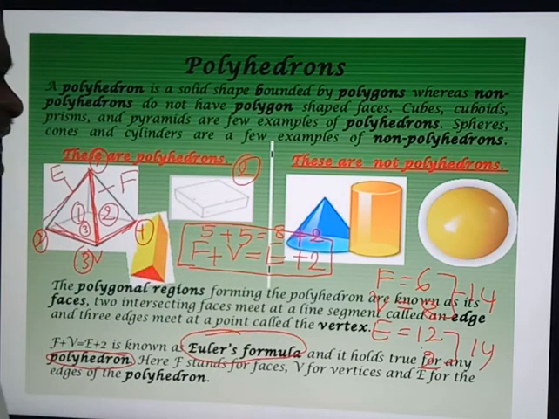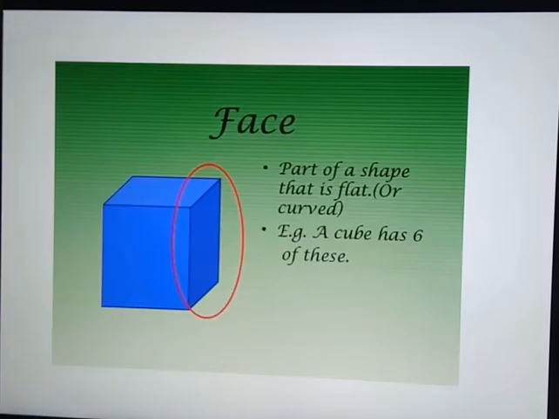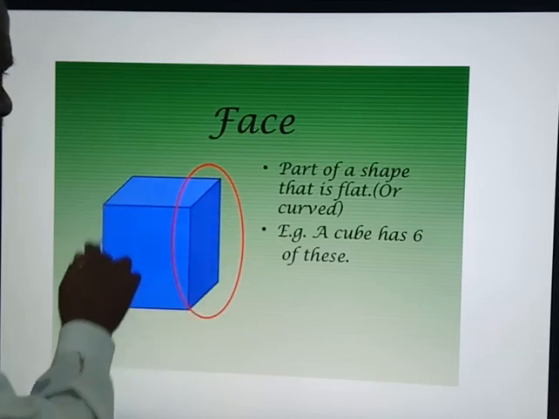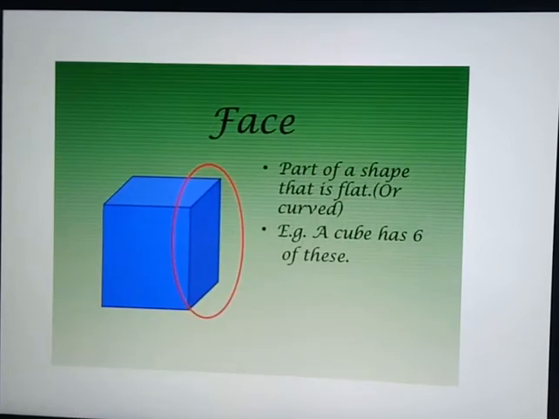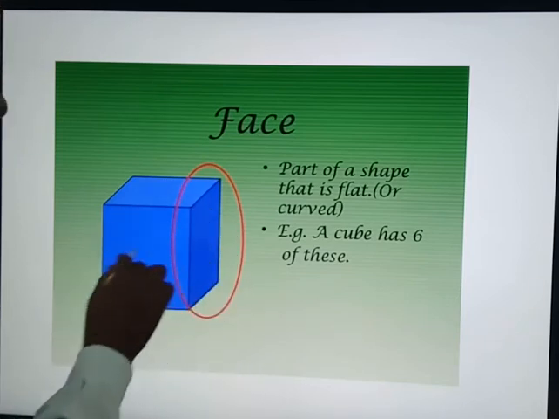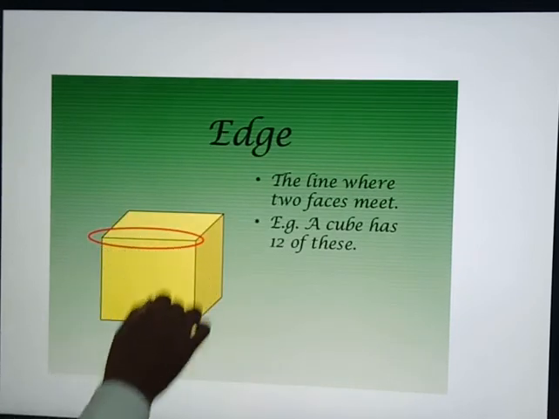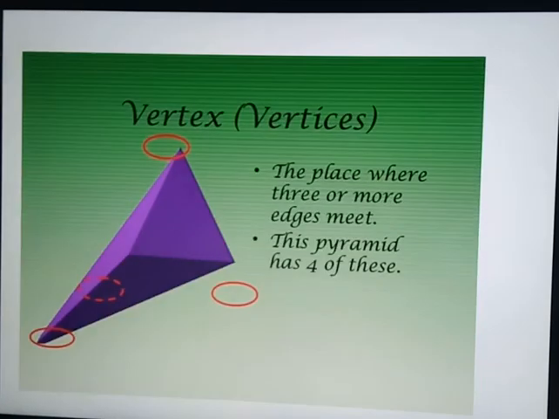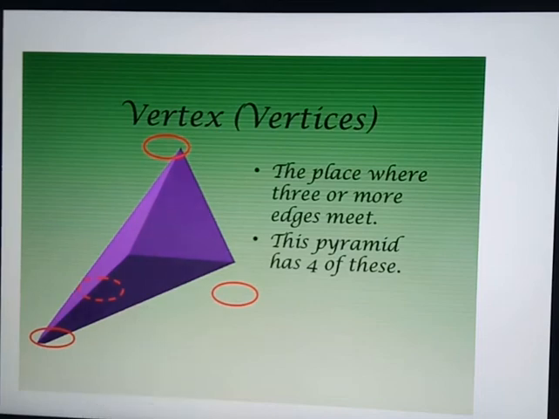Okay. F plus V is equal to E plus 2. This formula is called Euler's formula for polyhedrons. Here look at this, it's a cube and this is completely covered by squares. Polygons called squares. What do we call that? Face. This one is a face. The square regions, that is a face. Look at this. The faces meet at one particular line segment. It is called an edge. And this one, vertices. We have 1, 2, 3, 4. So these are all vertices.